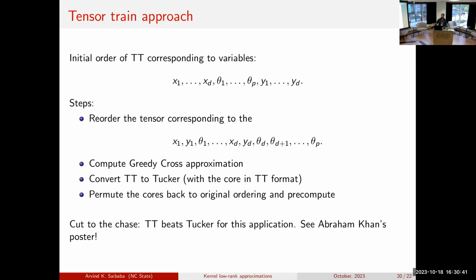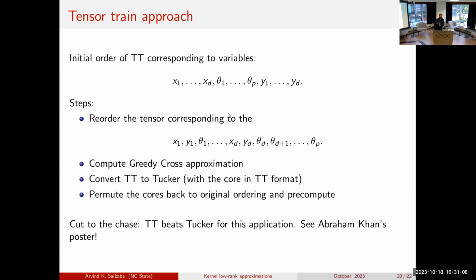The tensor train compression depends a lot on what order you process it. And we have to process it in a specific order because ultimately we care about a matrix low rank approximation. So we have to preserve that order in some special way. So what we found, or actually Abraham found, was that if we reorder the variables, that's the right way to look at it. But you've gotten the wrong tensor train decomposition. You need to permute the tensors back.